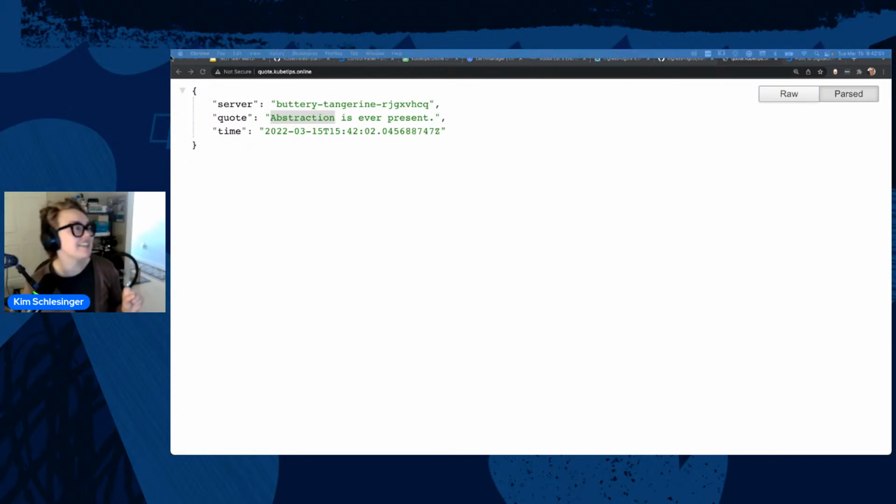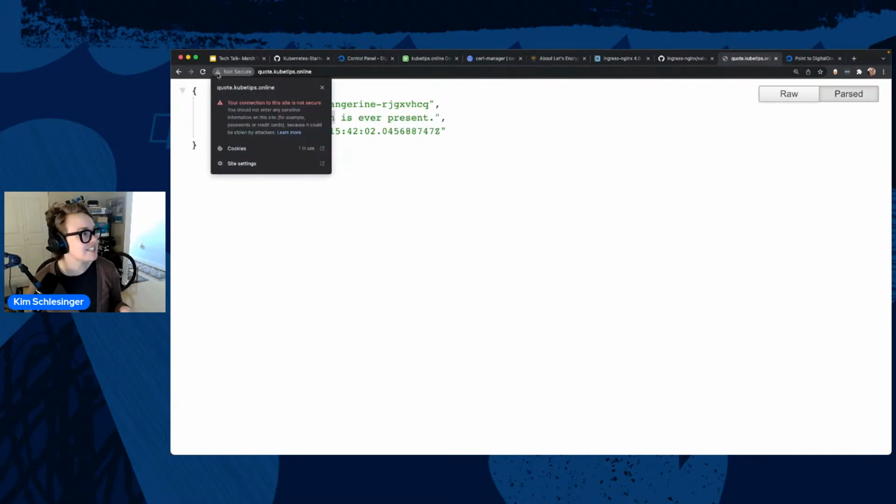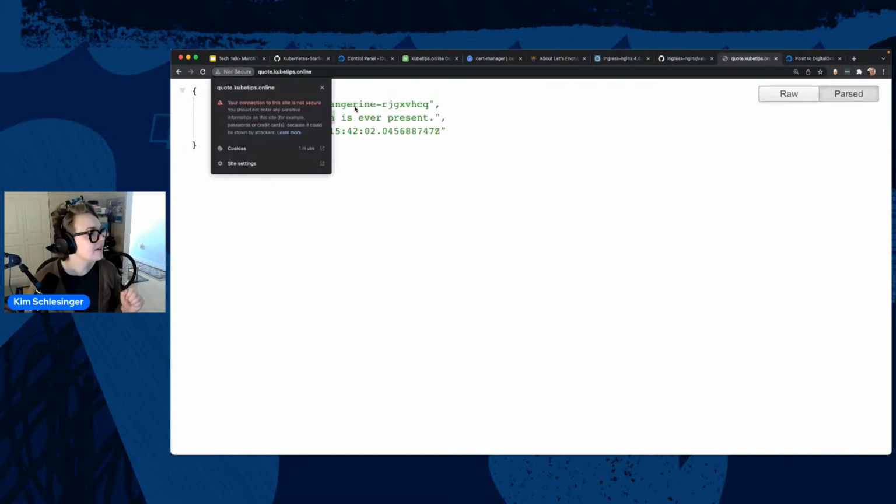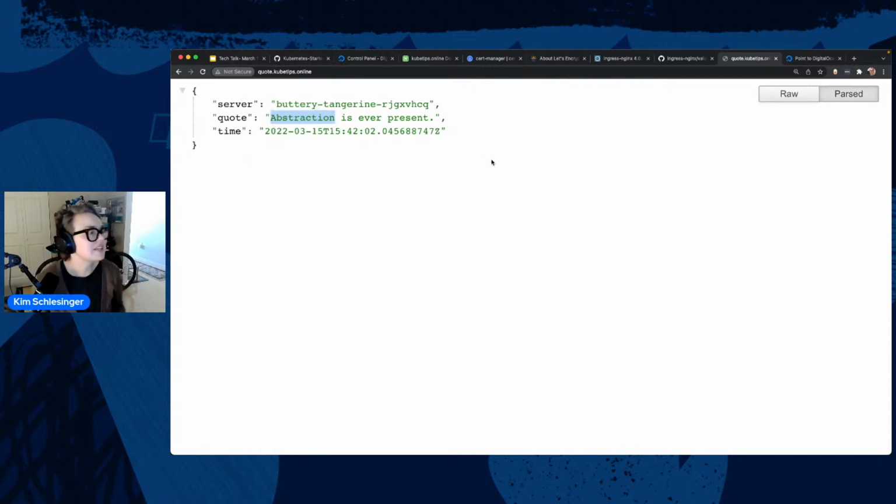But you'll see here, it says not secure. And so let's take a look and see what Chrome is telling me. So Chrome is like, your connection to the site isn't secure. Basically, like, we don't like the certificate that it's giving us. And so if we go down, oh, no, that's not what I wanted. Let's see, maybe learn more. Oh, I really just want to see, because Ingress NGINX generates, I think, a self-signed certificate, and I want to see that information, but this isn't doing what I was expecting, but that's okay.